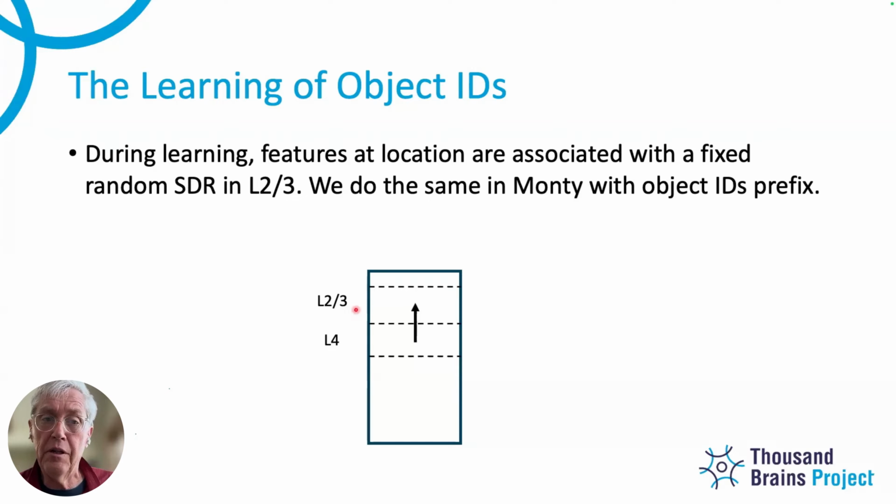I don't know if that's clear. It's a subtle concept, but if the layer 3s of a bunch of columns are tied together, then someone else up the hierarchy who wants to know what they're seeing can just subsample from any of those columns and it'll work. They don't have to look at all the cells everywhere.